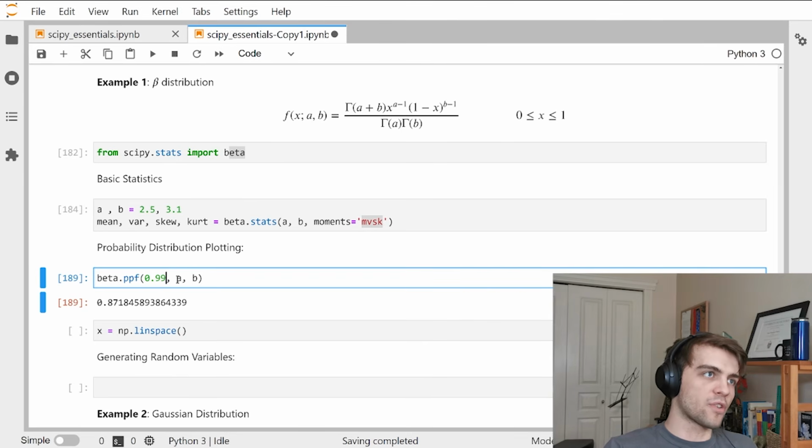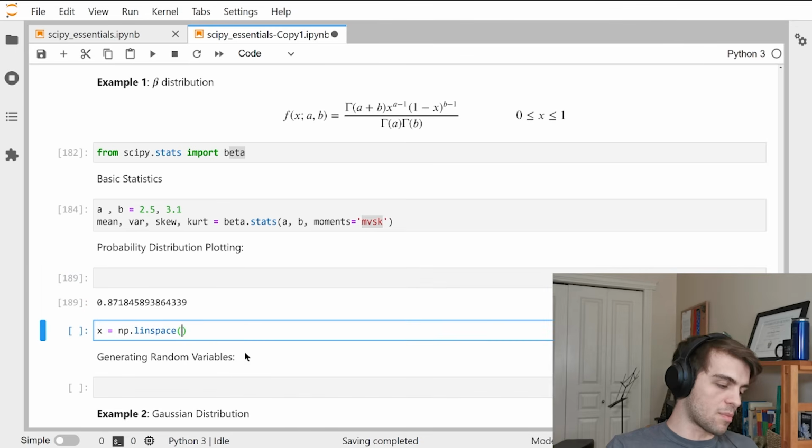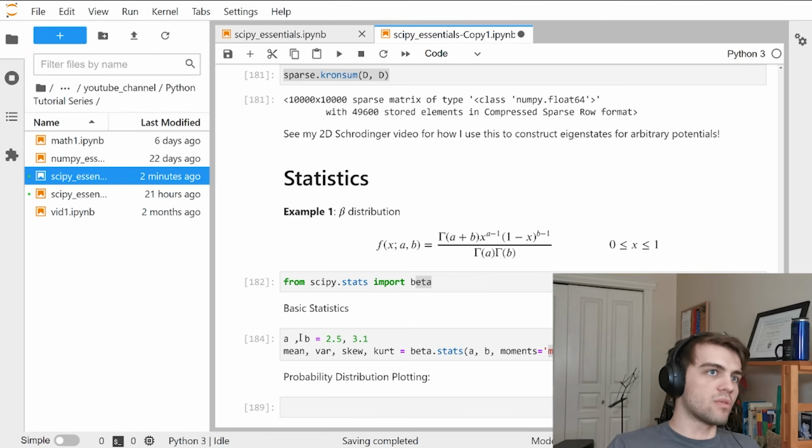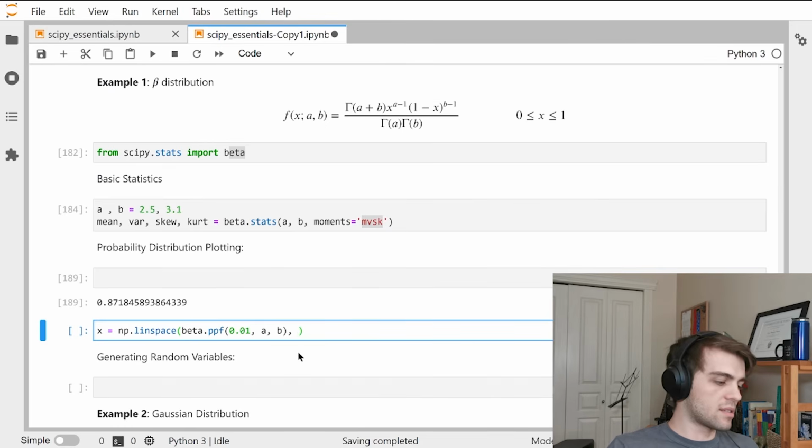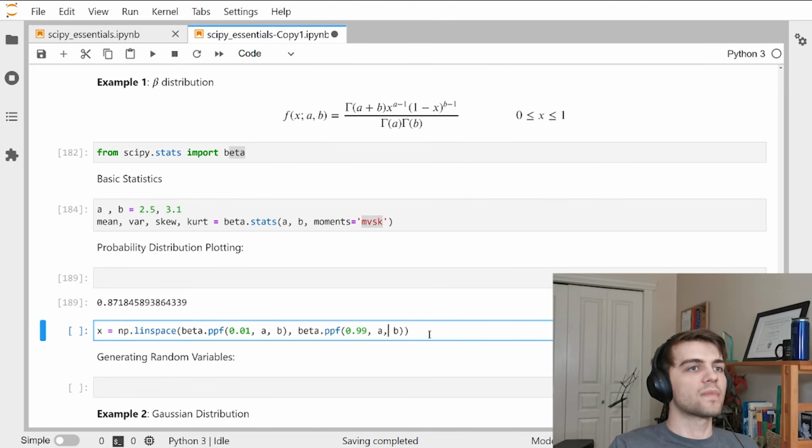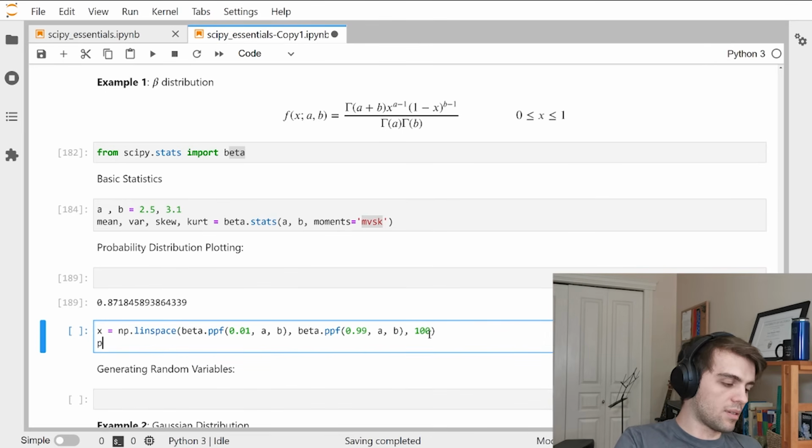So here, for example, I would say maybe I just want to plot from this small value of x to this large value of x that constitutes 99%. And I'll go 100 values. And then I can plot x, and I'll choose the beta.pdf